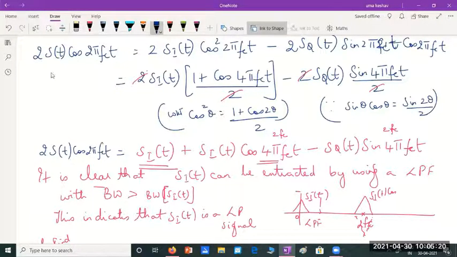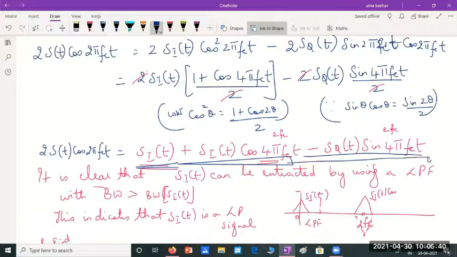So we multiplied the right hand and left hand side with 2 cos 2 pi fct, and we get 2 S of t cos 2 pi fct on the left hand side. On the right hand side, I got Si of t plus Si of t cos 4 pi fct minus Sq of t sin 4 pi fct. Right? We got this equation, and in this equation, the signal which we intend to analyze or retain is this